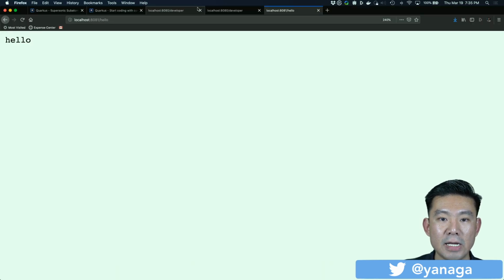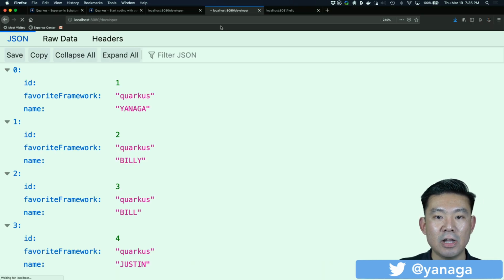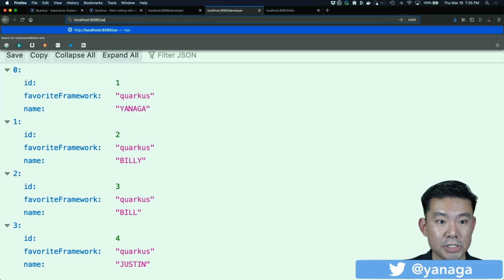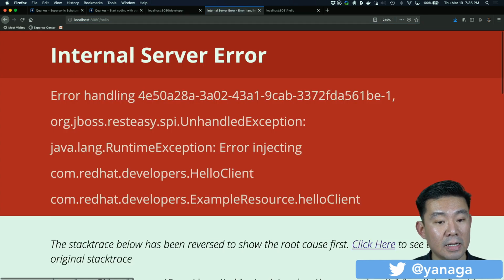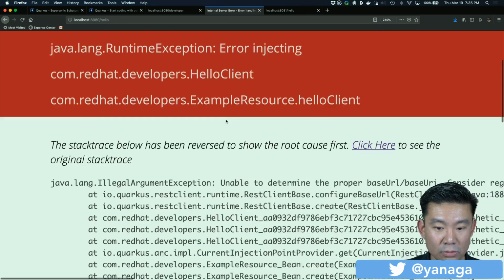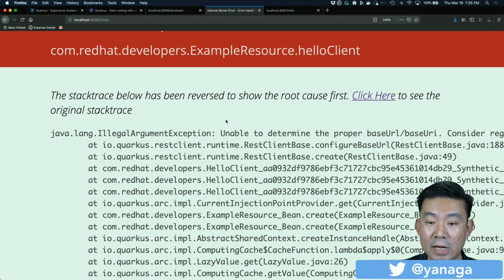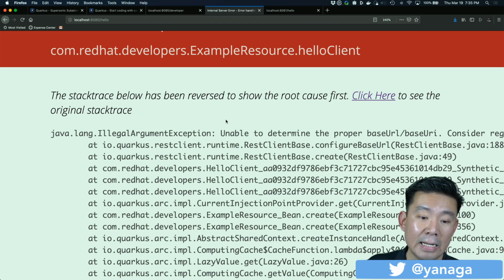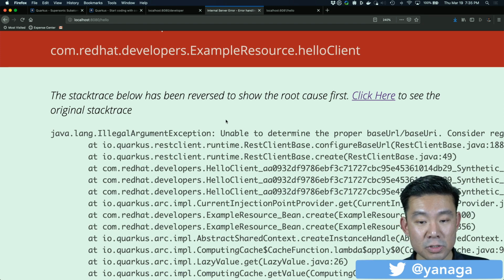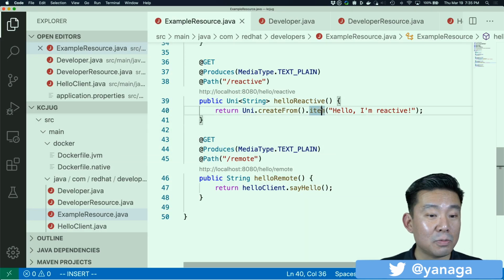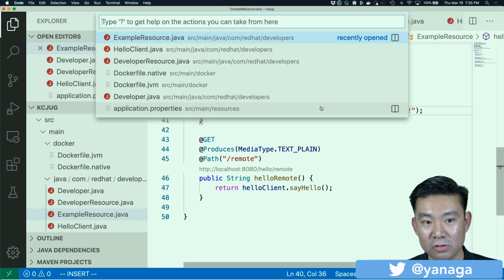Go back here, localhost:8080/developer. Yes, it's still working. /hello. Yes, hello. Oh, it's complaining because I tried to inject a REST client. The interface is supposedly correct, but I didn't tell my Quarkus application where the remote server is. That's my fault, but it's very easy to fix.